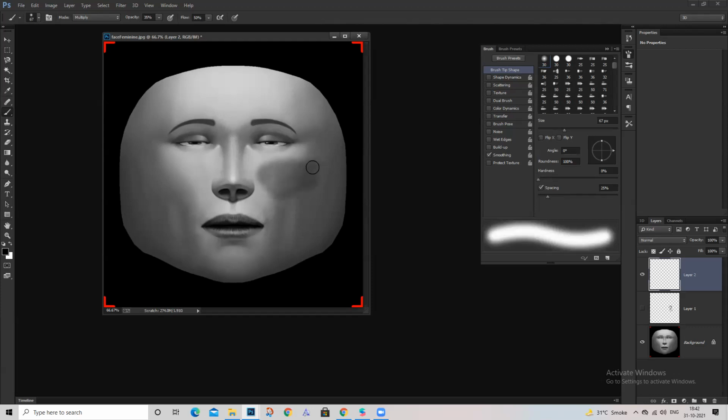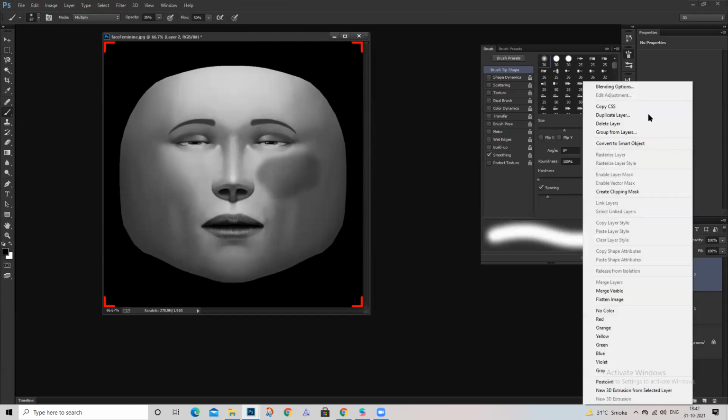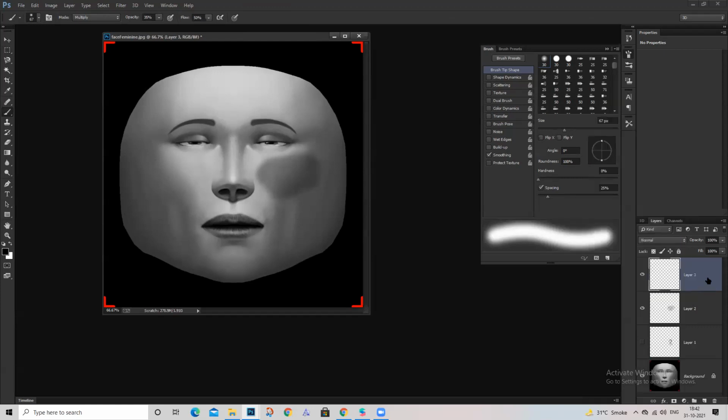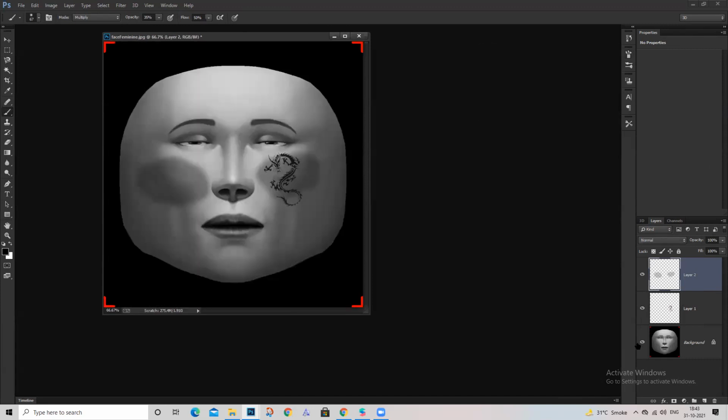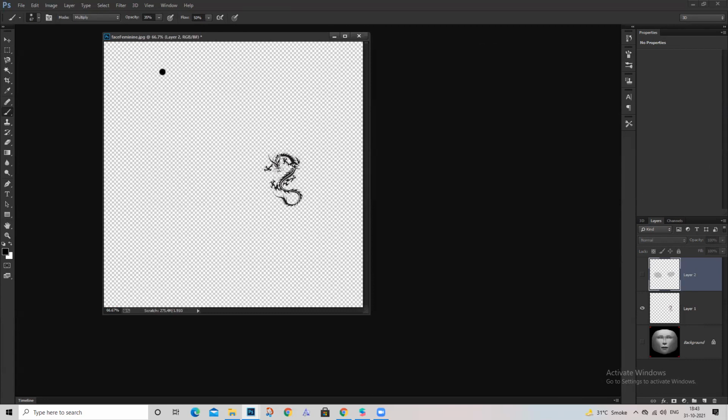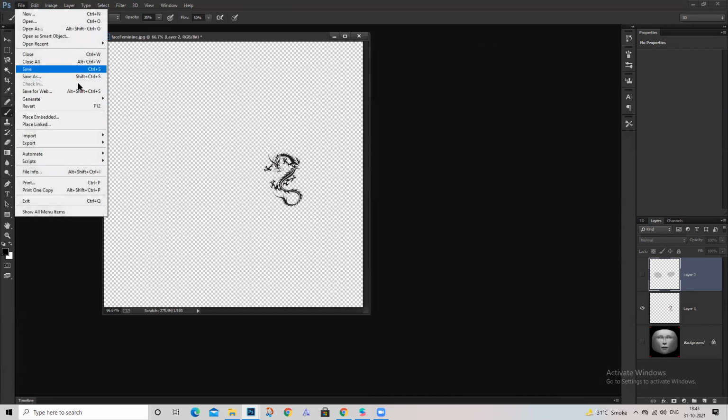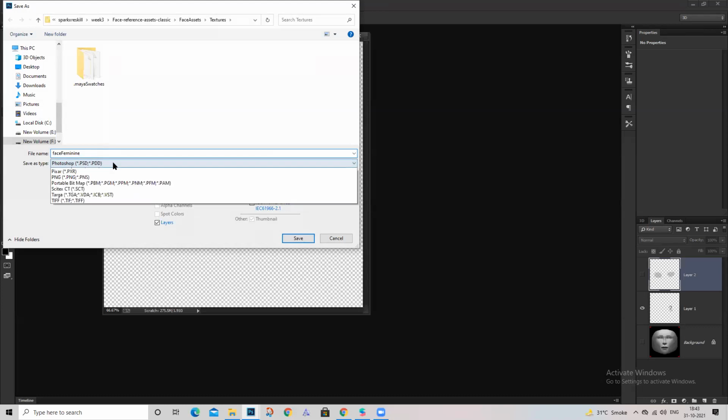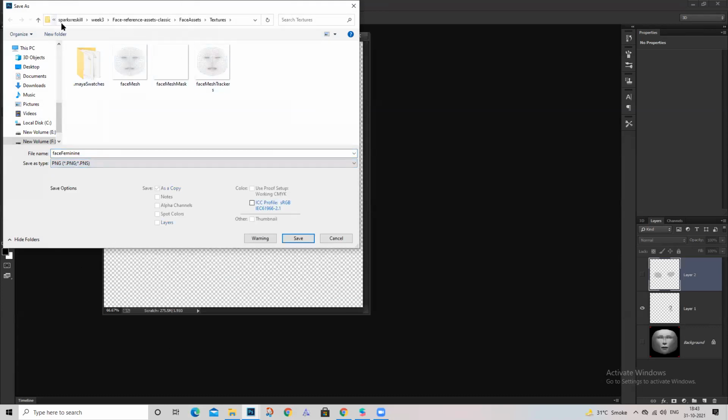This is somewhere I want to do it. Here I want blush, and a little bit here. For example, something like that. So I make textures this way, in layers, and I use the face reference asset as a base. And then I am going to save it as a PNG file.